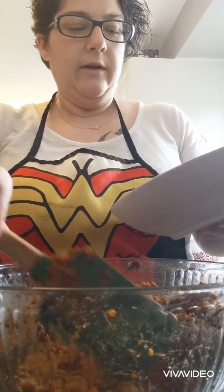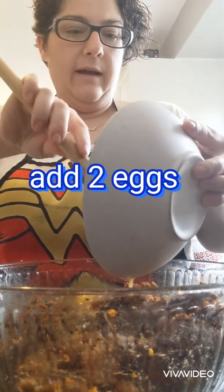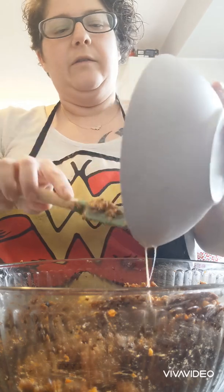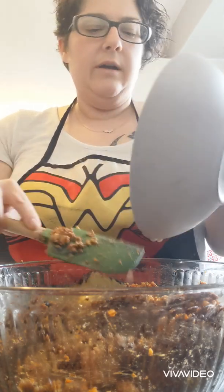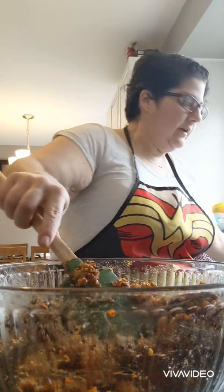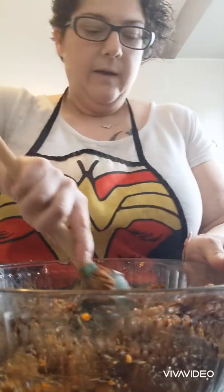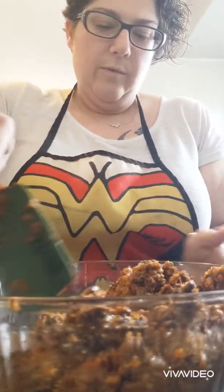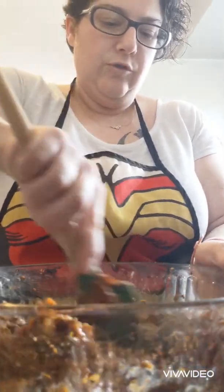Okay, so this is a little warm, but pretty much cool. To it I'm gonna add 2 eggs. Now, full disclosure, one of the eggs is just like a little bit of egg because I used it to make bread. So I'm gonna work relatively fast here just because the egg is so cold and the mixture is a little warm. I don't want things to scramble. Okay, so once this is all nice and mixed,